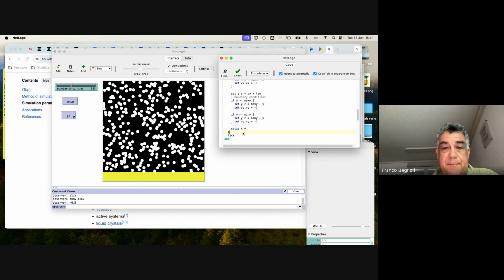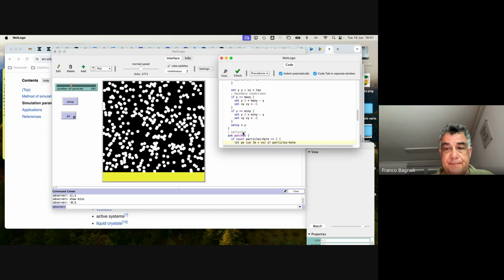Now collision, and I now ask patches, if count particles here greater or equal to 2, otherwise there is no collision. Let px sum m times vx of